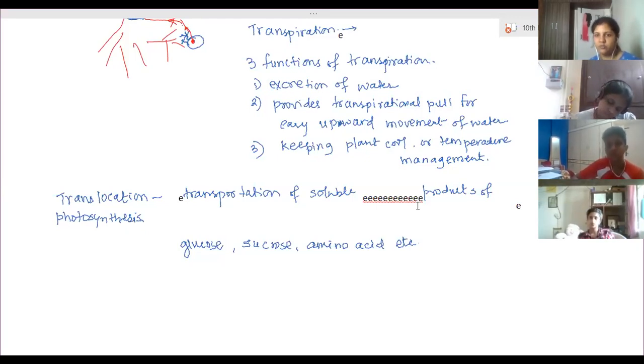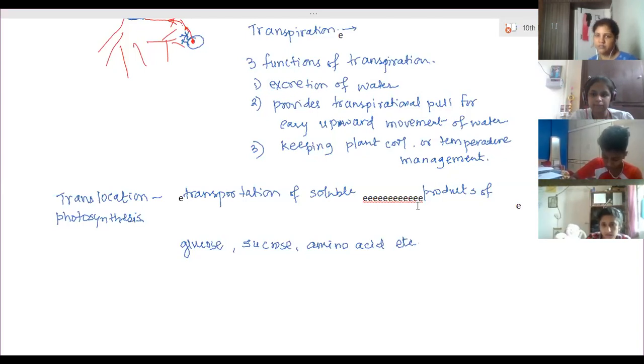Now here a 1 or 2 marks important question is asked. That is, the amount of urine excreted, or the amount of water excreted, depends on which factors? On which factors does the amount of water excreted depend? There are two factors. The first is the concentration of water in our body, that is, how much water is present in our body.